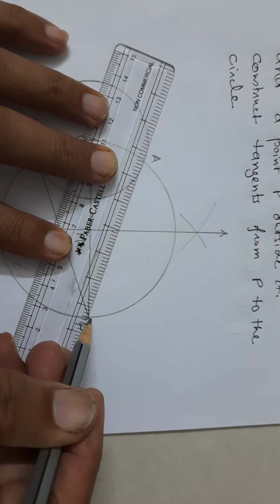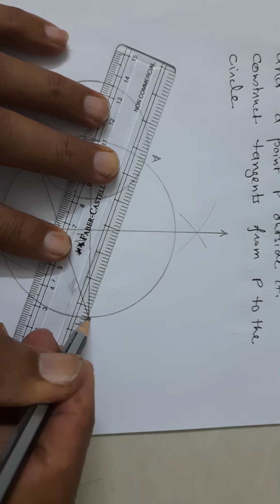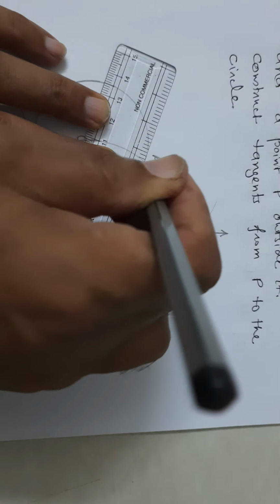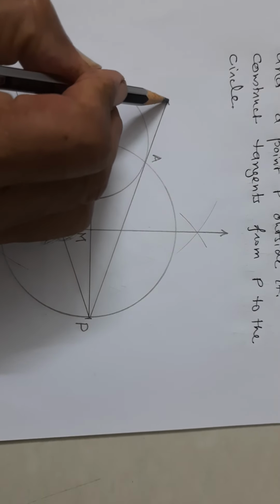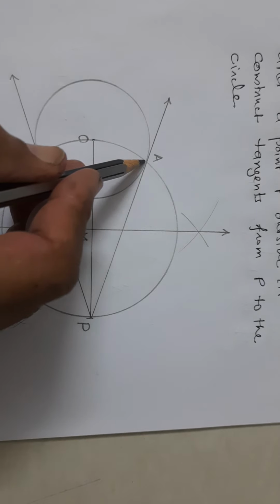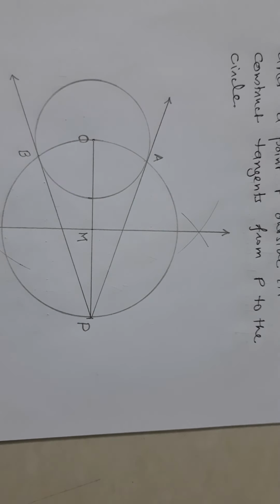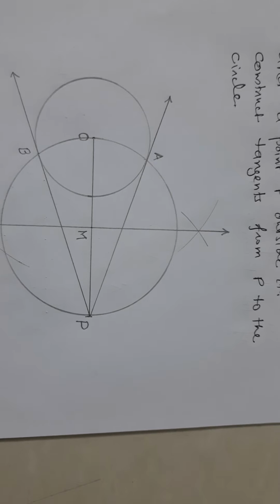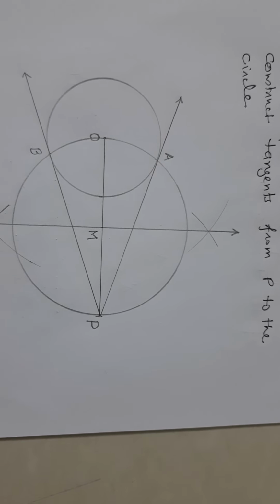And remember, a tangent is a line that intersects a circle in only one point. The point at which it intersects is known as the point of contact. And at this point of contact, if I draw the radii from B and A to center O, then those radii are always going to be perpendicular to the tangent. This property we have already seen earlier. This is how this particular construction is done.